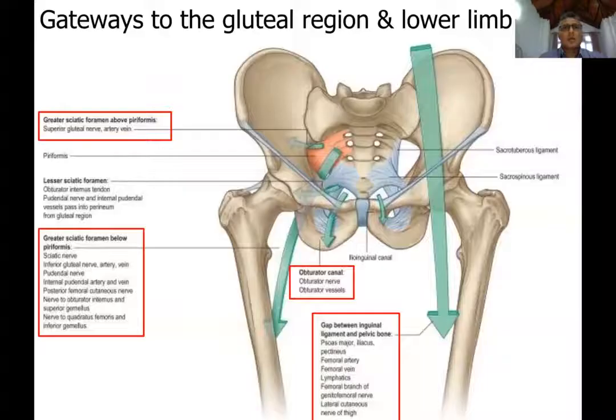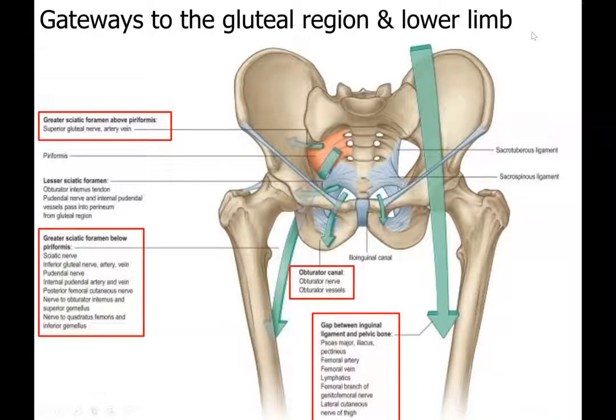Now, to start with, there are several gateways for structures to pass into the gluteal region and the lower limb. If you look here, you have the greater sciatic foramen, through which the piriformis muscle enters the gluteal region, and above the piriformis muscle, certain structures pass into the gluteal region from the pelvic cavity. You have the superior gluteal nerve and vessels there. Then again through the greater sciatic foramen below the piriformis muscle, you get the inferior gluteal nerve and vessels plus